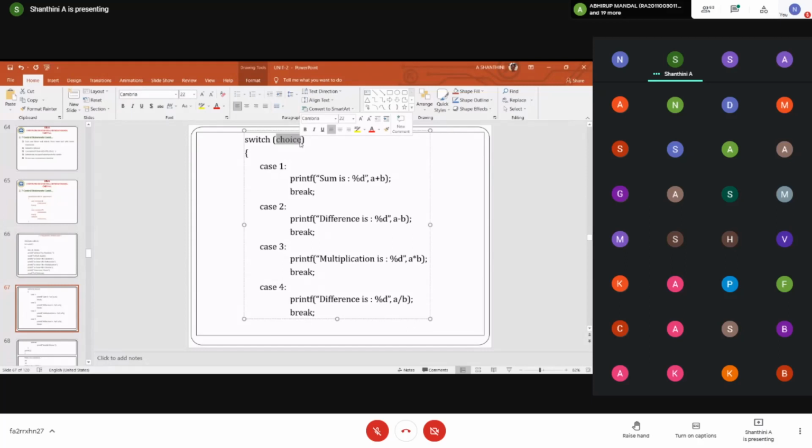minus for subtraction, star for multiplication, and slash for division. In this case, these symbols can also be received from the user with what option? Like character or integer? Character. Yes? Very good. As I said, you will be getting that as a character only. So when I come to the option over here, it should also be given inside single quotes.